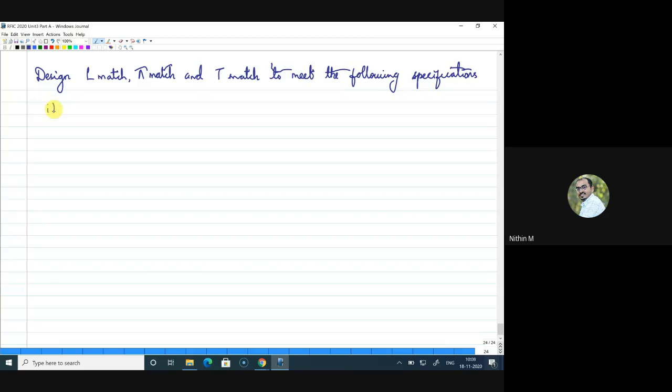Given that the center frequency is equal to 1 giga